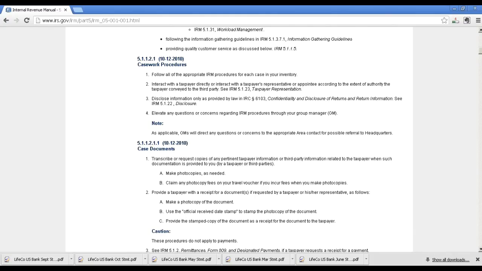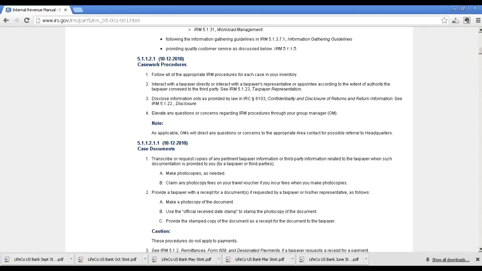That's important if you ever have a revenue officer that is kind of running amok. If you feel that your client is being unfairly treated or being given excessive attention, or that their rights as a taxpayer are being violated,